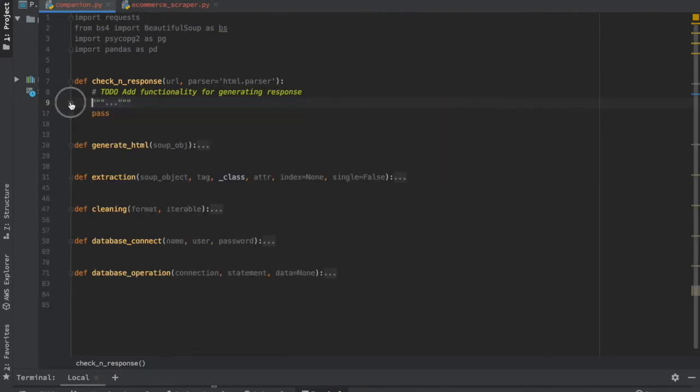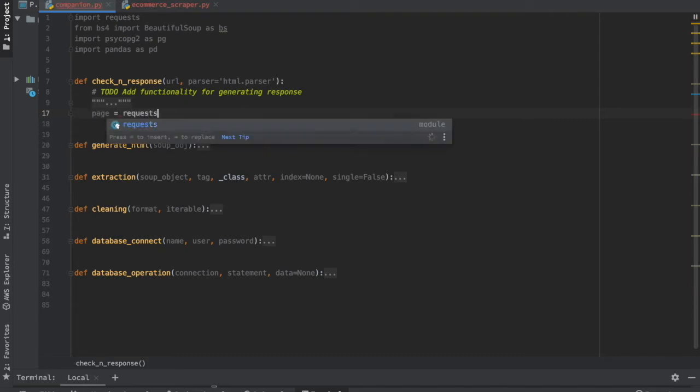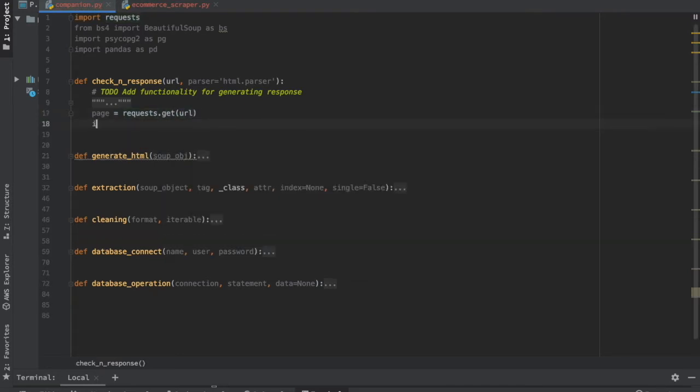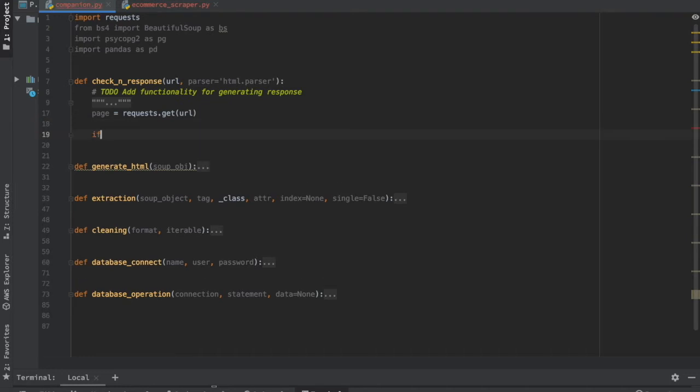So what I'll do is just write the code and you can understand that. First I'm going to create a variable that is page, and it is going to use request.get, and it is going to get the URL. And now we're going to check if page.status code is in range.